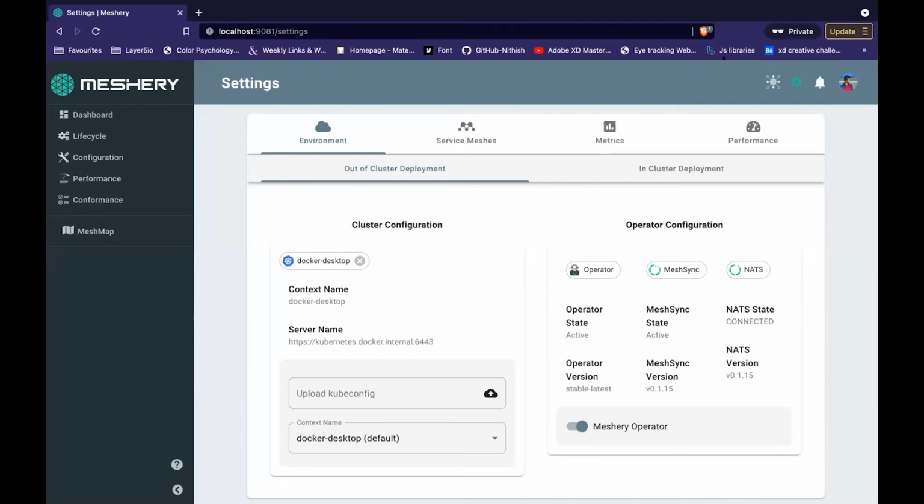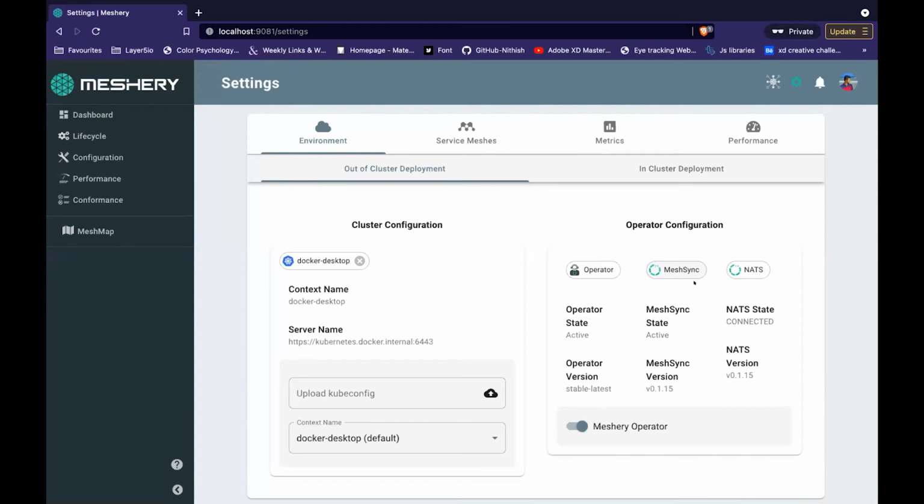So as we discussed in the last meeting, the plan was to have a way to deploy Meshsync and connect to NATS manually if the user wants to, in some cases where the deployment or the connection is not done automatically. To take a step towards that, we have implemented this: right now we have 2 chips, and if it is already connected, clicking on Meshsync would try to redeploy the Meshsync deployment, and in case of NATS, it will try to reconnect to the NATS server.